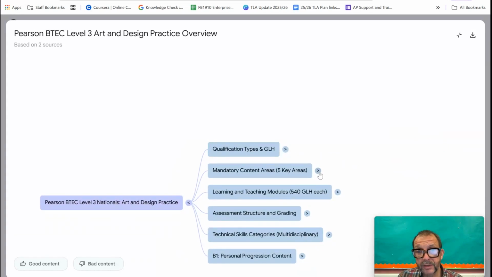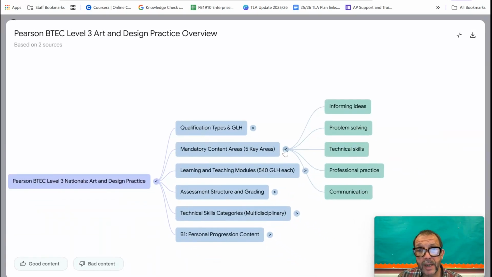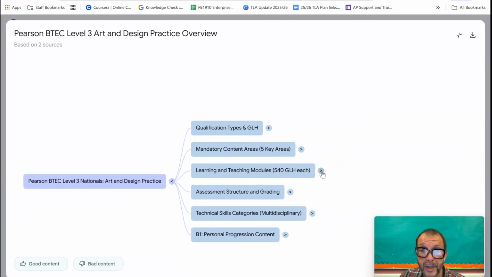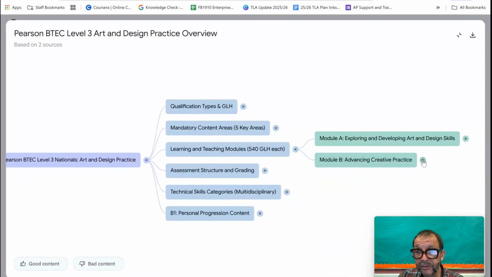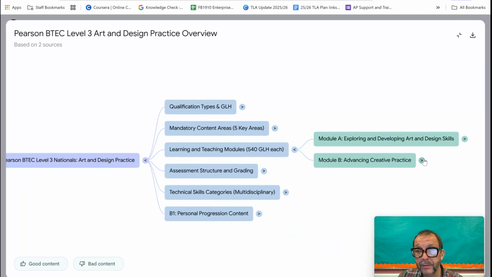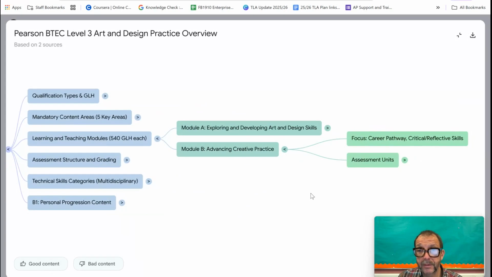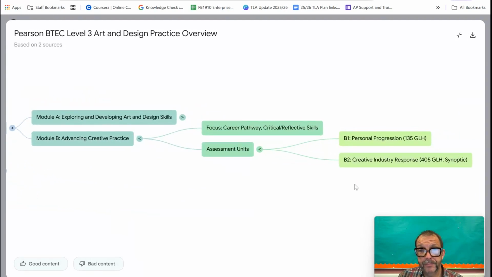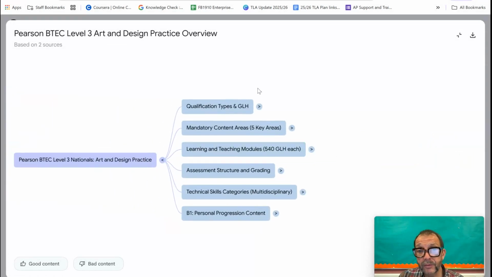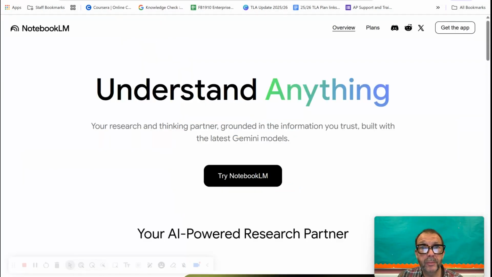So it's a live mind map. Whether this is the most efficient use of Notebook LM, I'm not too sure, but at least you can see how easy it is to use and how easy it breaks it down. Okay, so I suppose it's a really good graphic organiser, a good way of graphically showing information. Okay, so if I just go back,